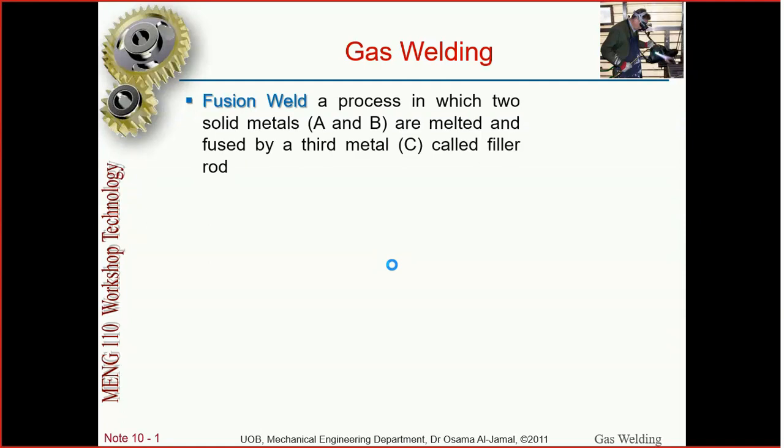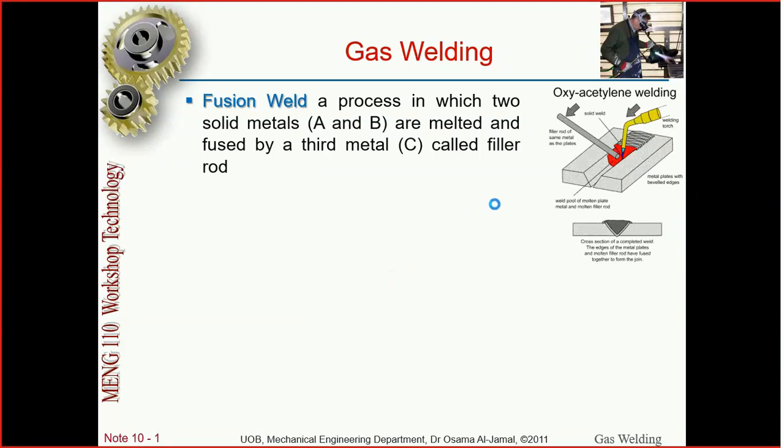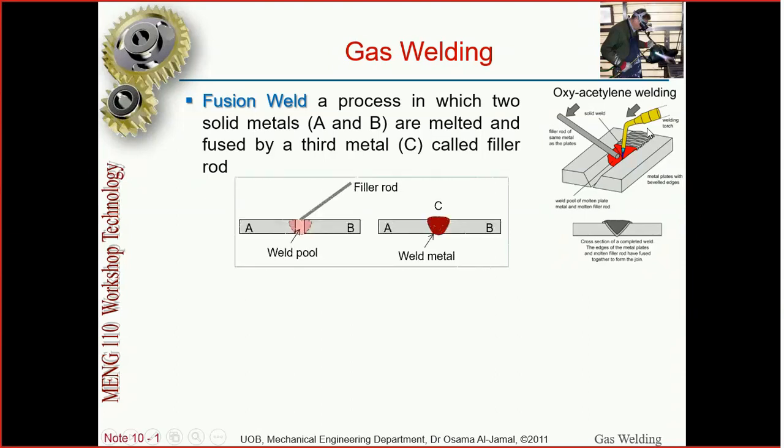Now the two items A and B are not joined together by melting both of them. They are joined together by melting a third metal, a filler, which is called a filler rod. So the two materials are kept together, and the third filler material is melted to form a permanent joint. The two metals will be kept next to each other, and the filler rod will be passed between the two metals. As it is passed, it will melt and form a weld between the two surfaces.